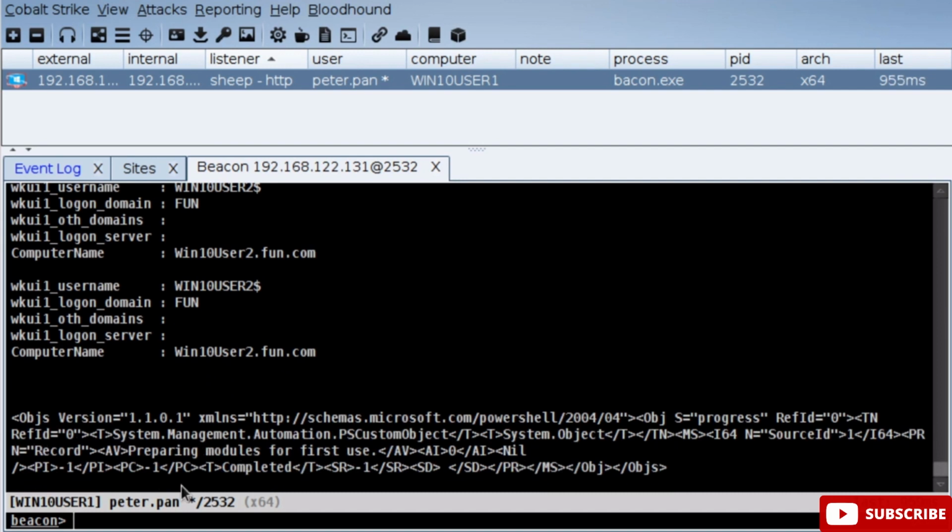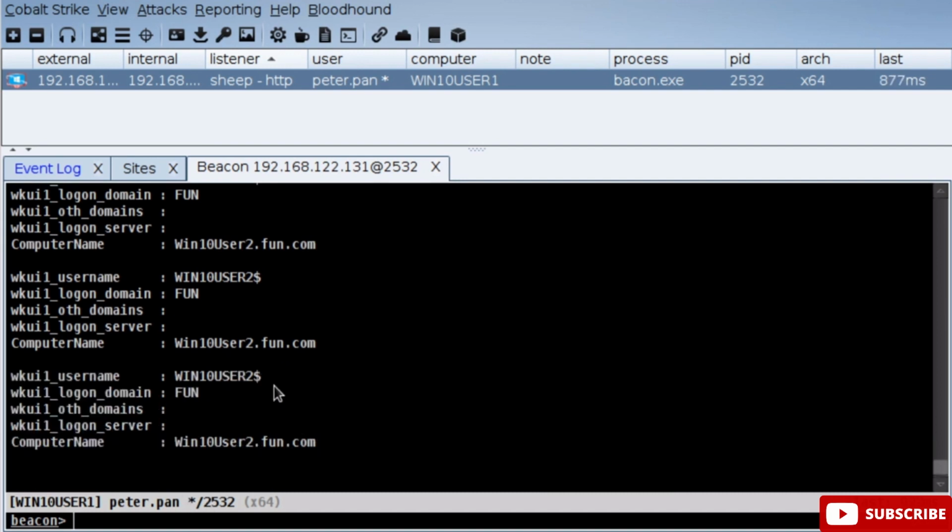Next, I'll show an option if you just want to scan a specific target for users that are logged in. I'll just take note, as you can see up here, that I'm on the host name Win10user1. For this, I'll target the other host Win10user2 and check what users are logged into that system with the command PowerShell Get-NetLoggedon